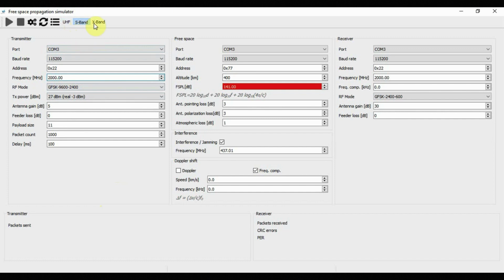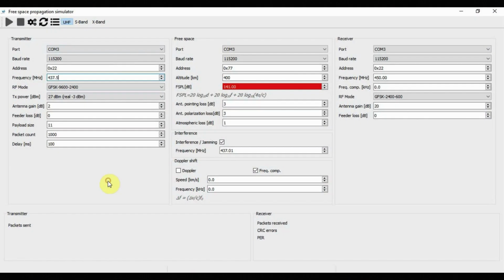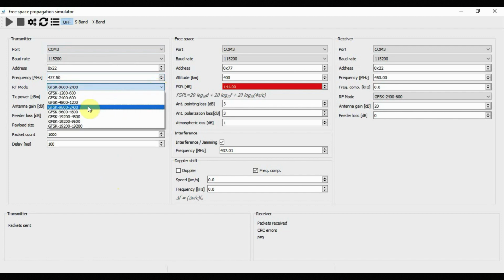If you go to X-band, you're going to start at 8000 megahertz by default, which is 8 gigahertz. You can change those frequencies, although in reality the modules themselves work on UHF. All of the losses and mismatches are going to be calculated in such a way as to simulate what would happen on the other two bands. So apart from the frequency, the next, I'd say even most important thing to consider for the communication is